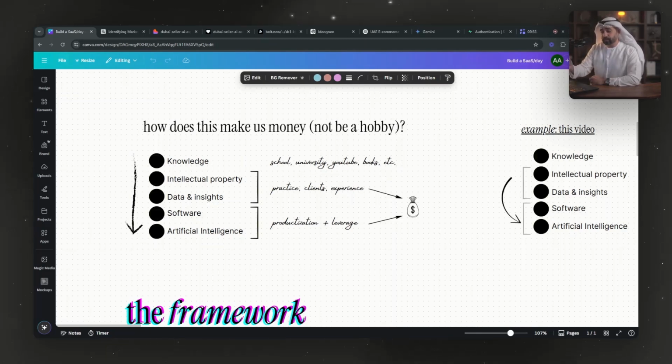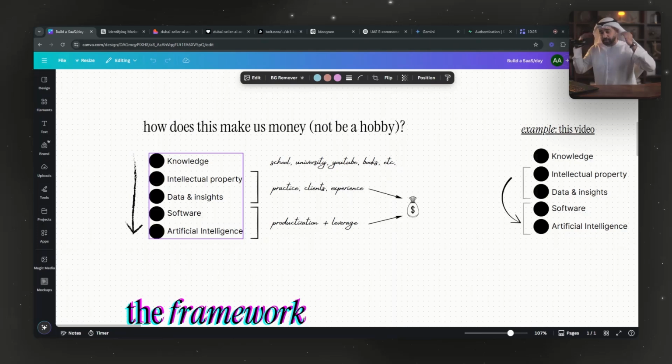And this is a very important point of how or where AI fits to begin with. AI fits at the final stage of everything you have built out. The first stage is knowledge. You should have knowledge around some particular topic. For me, it's business. I know how to do business, and I've done business for more than 10 years. That's when I developed IP, intellectual property, and have data and insights based on the clients I've worked with. This works in this market, this works in this niche, this type of offer works here, and so on.